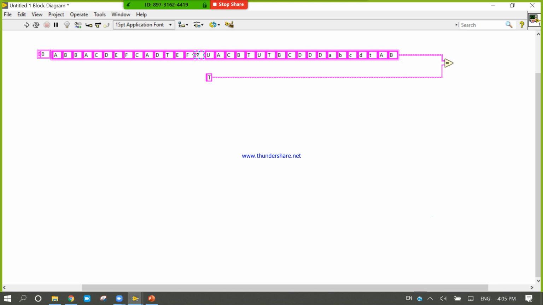Okay, this one is T, this one is T, this one is T. So 0 plus 0 plus 0 plus 1 is 1, then 1 plus 0 plus 0 plus 1 is 2, plus 0, plus 1 is 3, plus 0, plus 1 is 4, then plus 0 till the end. So first we need to compare how many times these things are present.